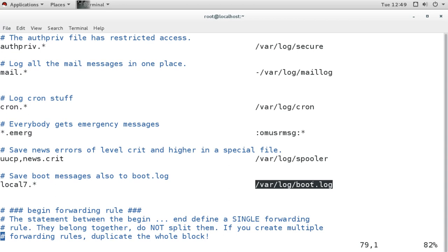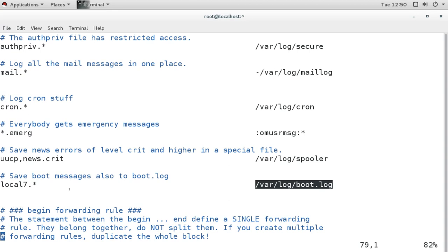And if we want to forward some logs into some other file, not these default files, then we can make our own entry. Like we have some application or some type of messages, and we want to forward them to some other file, then we can make our entry the same way, like this.